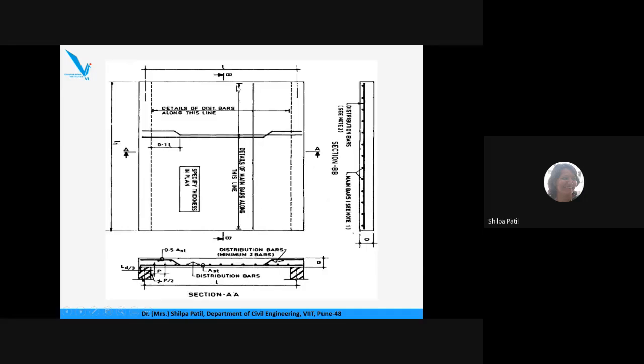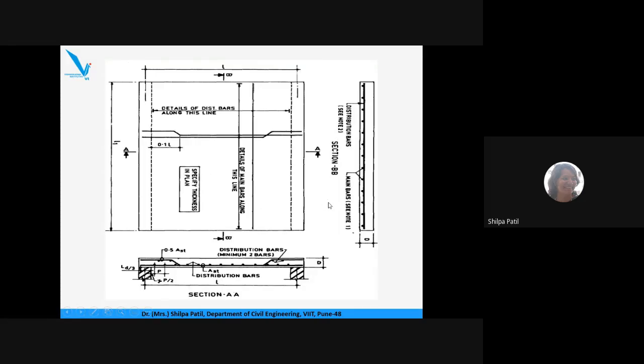What will be the section along BB? I am taking a section like this. I am cutting the slab like this and viewing the cross section. It will look like this. The bars which are placed at the bottom are my main steel. So it will look like dots in this section, and above that there will be distribution steel, which will be like a single line. So you have to specify that these dots are nothing but your main bars, and this thick line is nothing but your distribution steel. Okay, so these are the expected detailing.